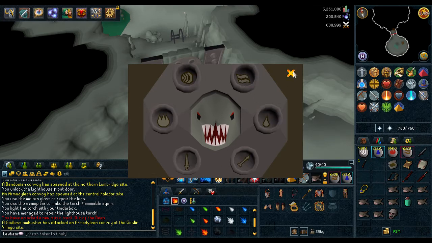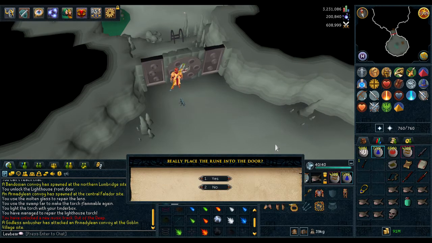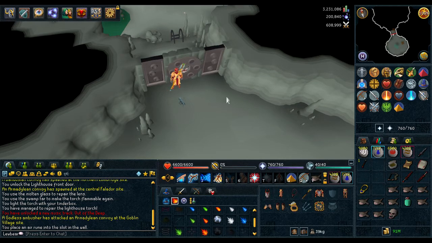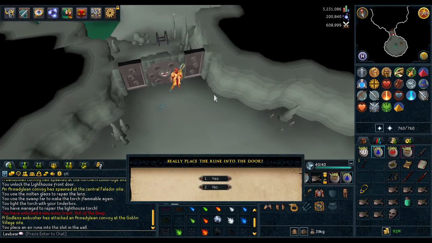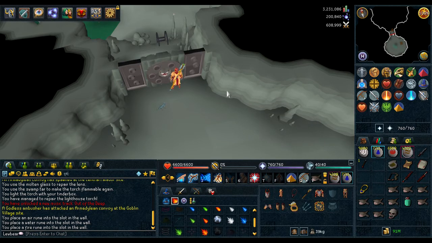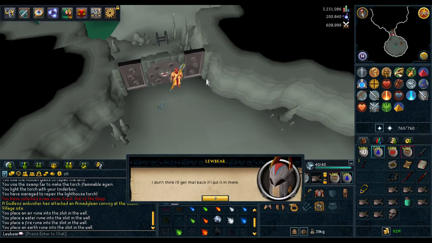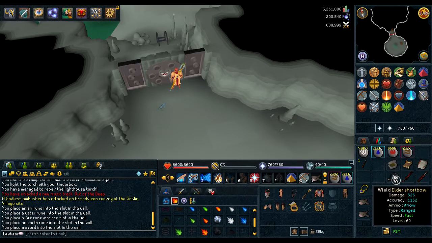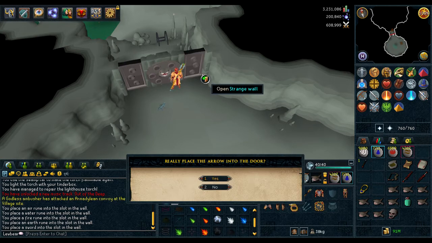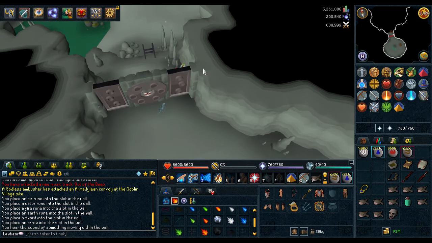What you guys are going to want to do now is use your runes, all 4 elemental runes, which is the air, water, fire and also earth runes, on this mechanism or this wall. And once you've done that, you're going to want to use your sword that you're willing to lose on the wall, and also the arrow that you're willing to lose. And now that you've done so, you can open the strange wall and go down and speak to